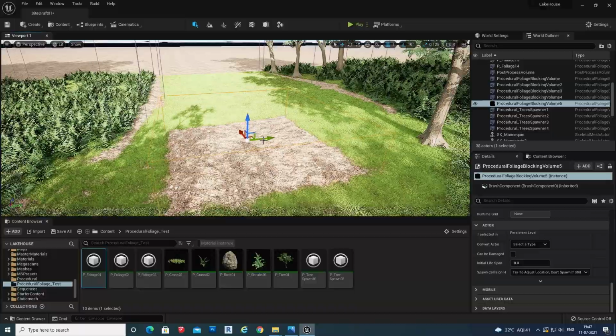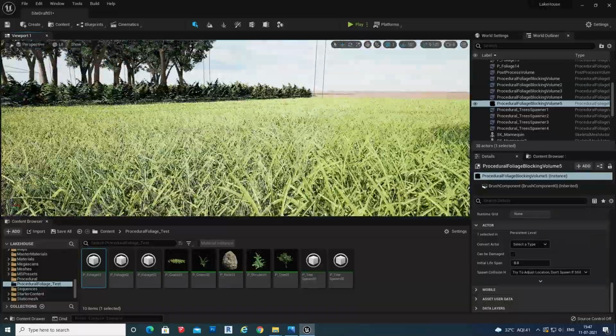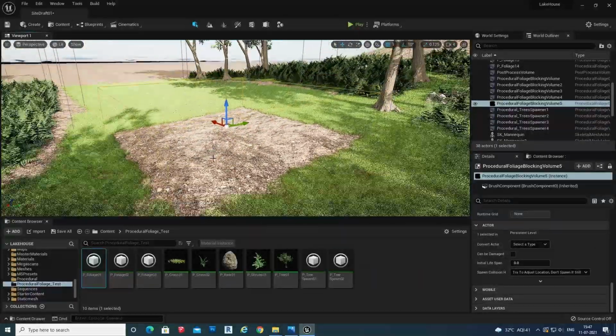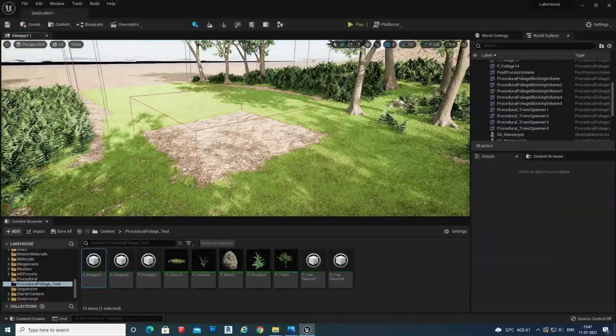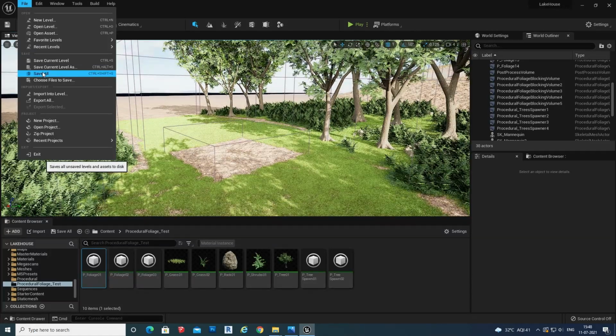and make a note that if you have some statues or something, it will spawn on the statue. So we need to put all the landscape. After that only you can place all your static mesh like chairs, and if it comes in the landscape.